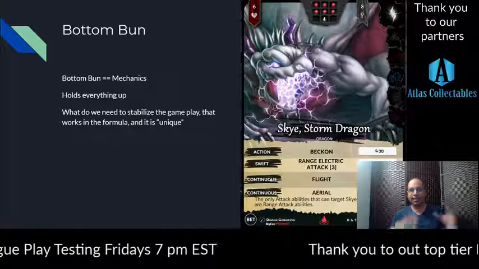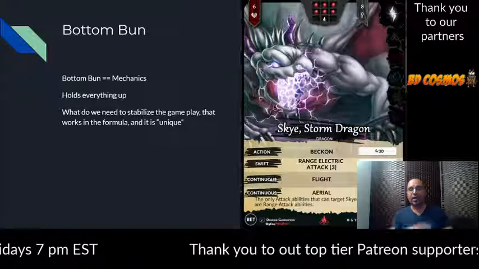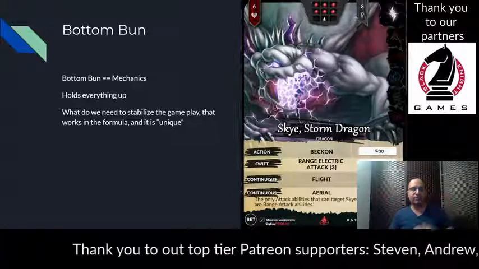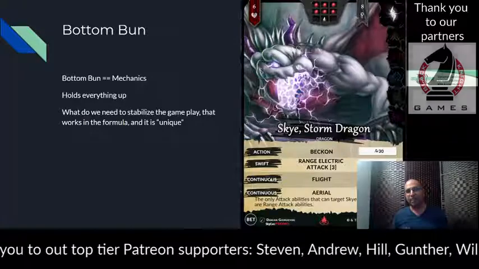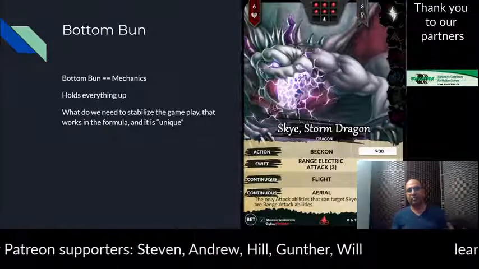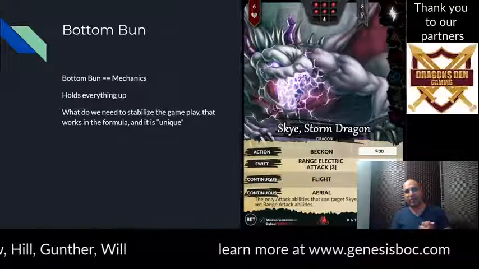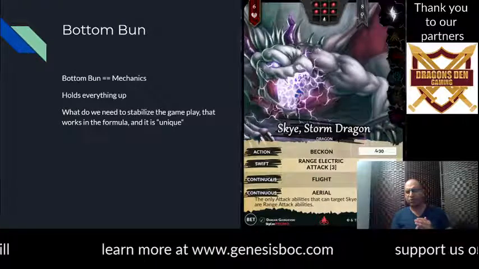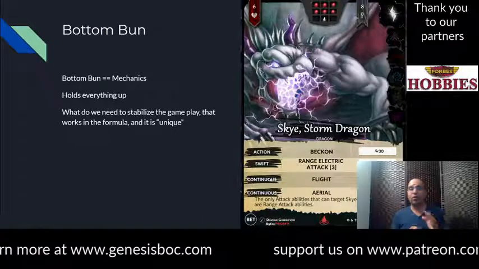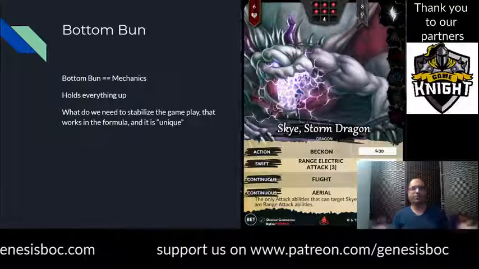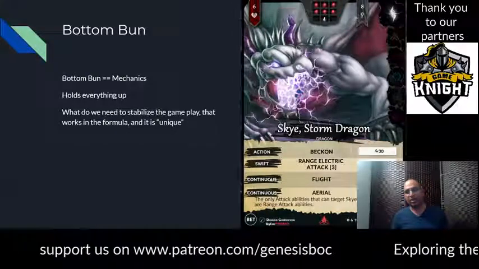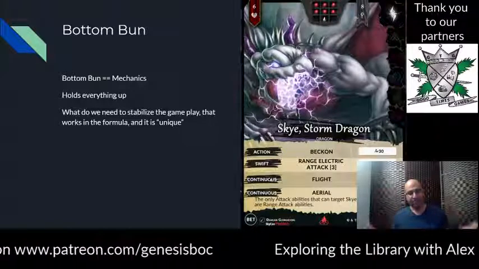And then the last part is the uniqueness of the card. So not every card has to be vastly unique from each other. Not every 3-chi is going to be completely separate. There's a lot of them that are just vanilla 1/1s. You know, the Inferno Imp, I don't think that's its name, it's Inferno Ghoul, right? Or cards like Silverleg Recluse. They're very similar 3-chis. That's okay.